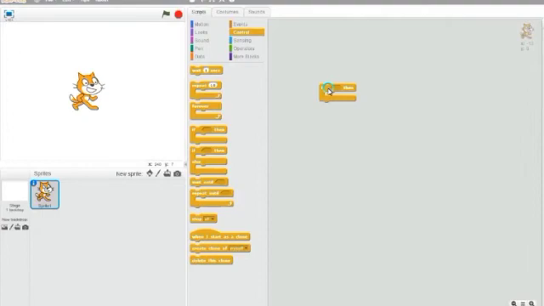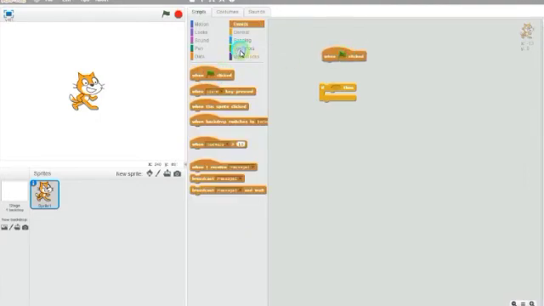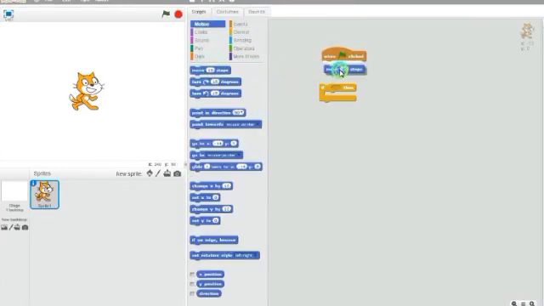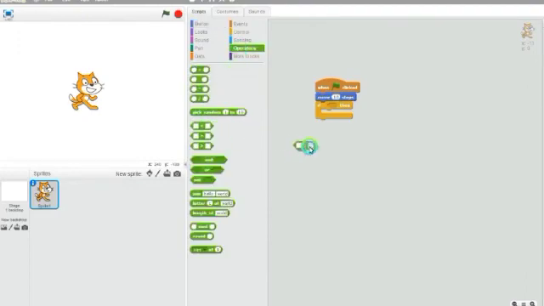Here I am using when green flag clicked. Now I will choose from the motion block move 10 steps. After that I will be using this if else code. Now pick less than from the operators block.